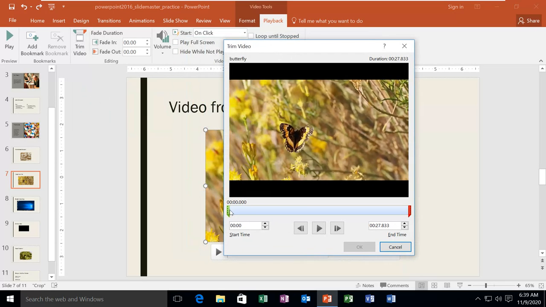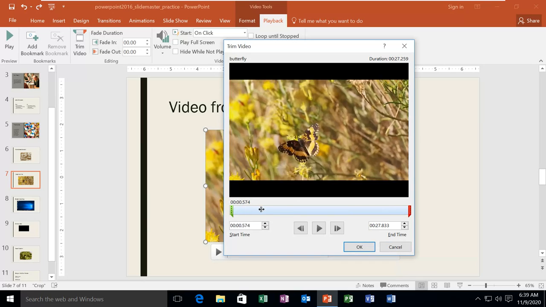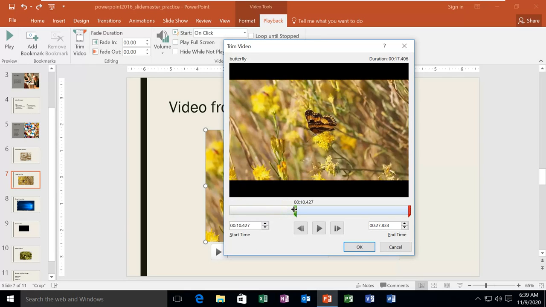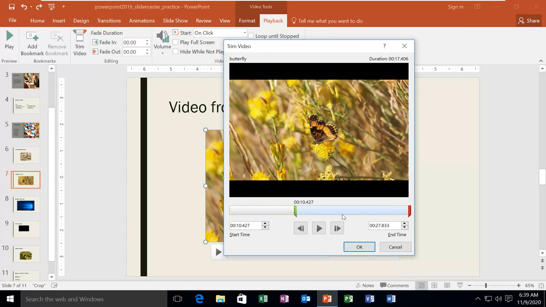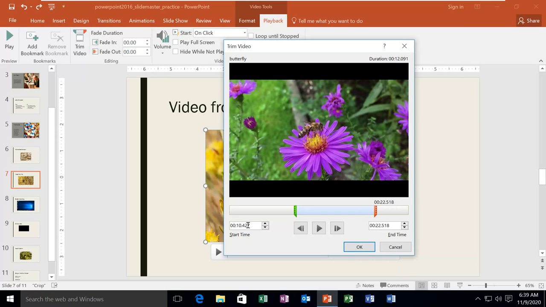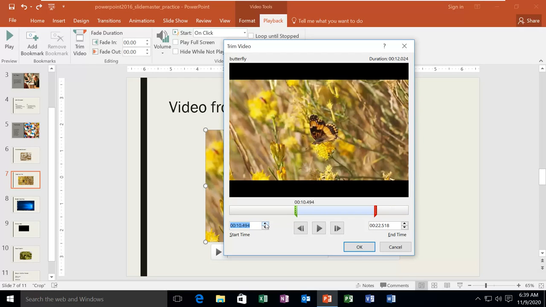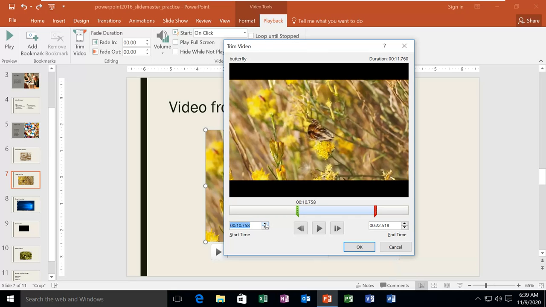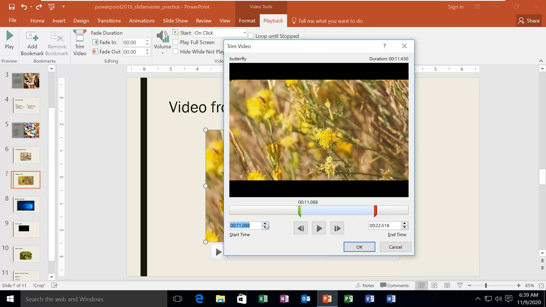Here we have the start handle and end handle. So if I want to reduce the time from the start, you can drag it like this to where you want to reduce, and you can reduce the time from the end also. And if you want to be more specific, then you can use this up and down control to set a more specific time.